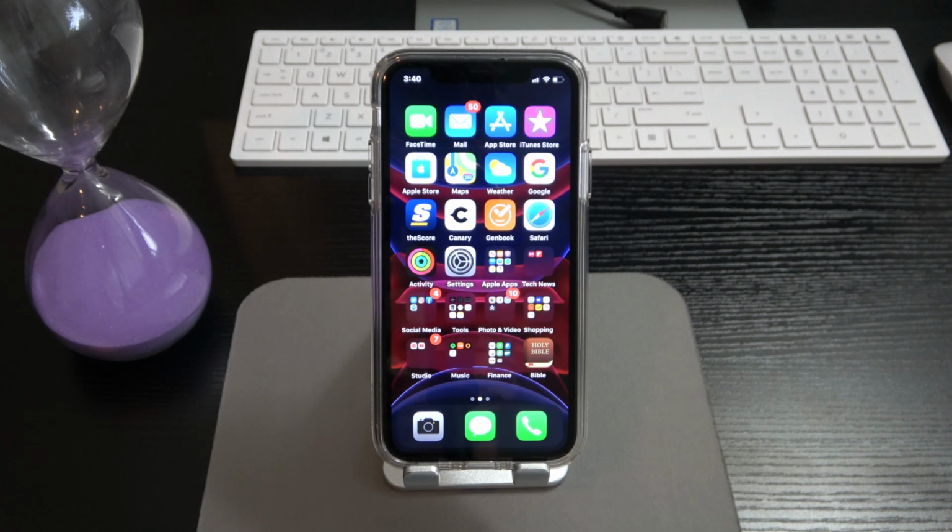I saw a phone yesterday online that had 6,000 milliamps. I mean, it's just getting crazy with the milliamp hours on these batteries. So 3046, you're just like, you kidding me? This phone's a slouch. Well,